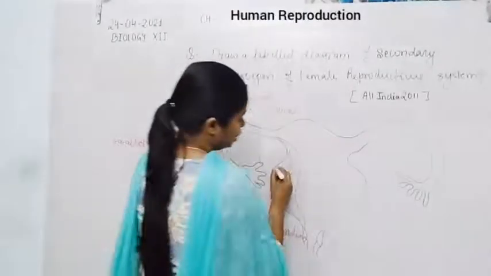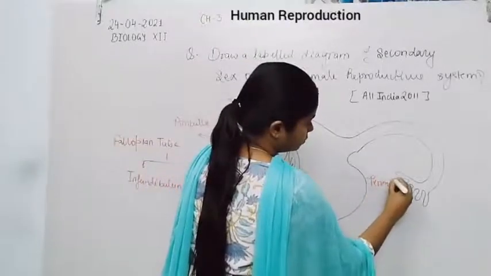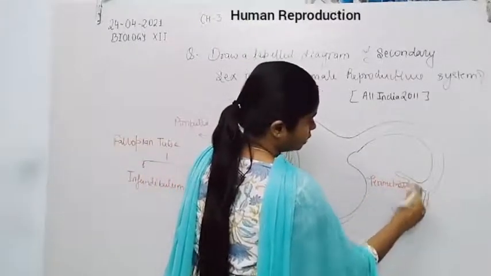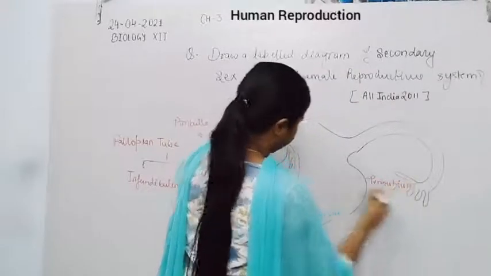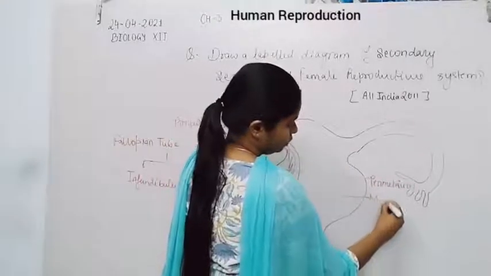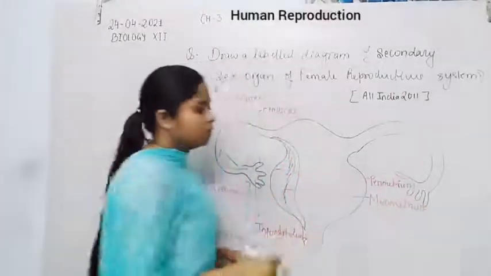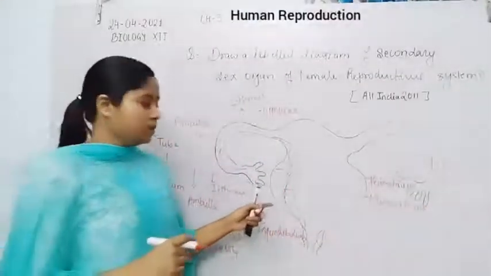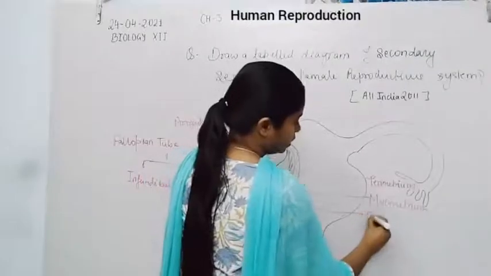The outermost layer is the perimetrium, the middle layer is formed by the myometrium, which is the muscular layer, and the innermost layer is the endometrium wall,